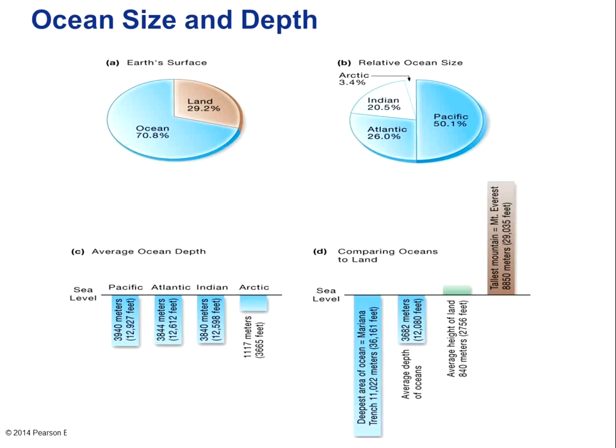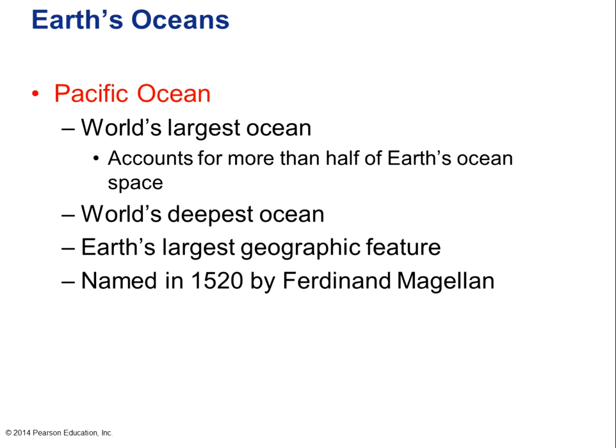So we hear a lot that the ocean has not been as explored as even the moon or maybe even Venus, but this is changing. There are a lot of autonomous vehicles that are exploring the bottom of the Earth. Plus, I'm sure many of the navies around the world have a lot of data that's not made public. So in the next module, we will look at specific oceans and try to understand some of their specific characteristics.